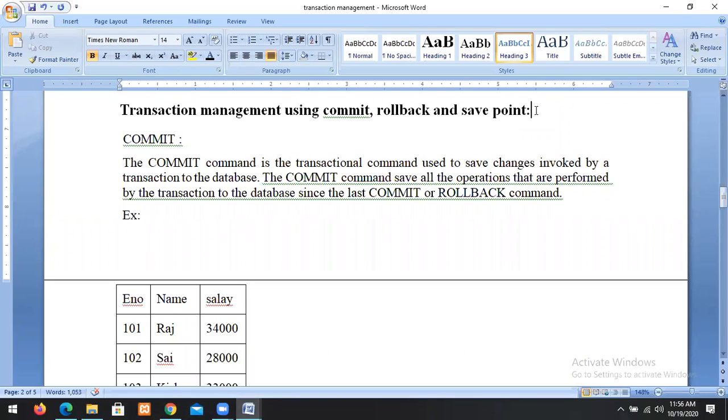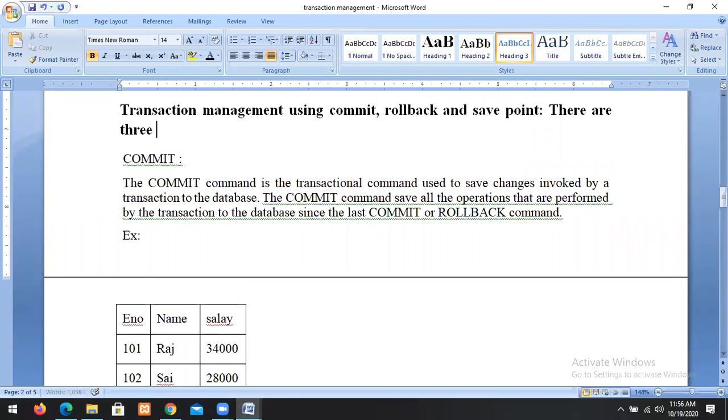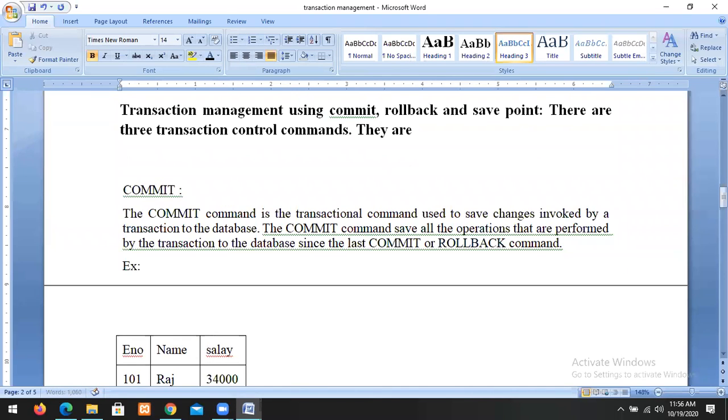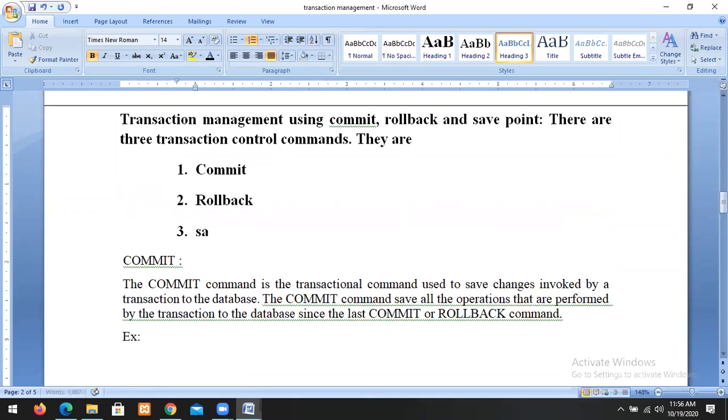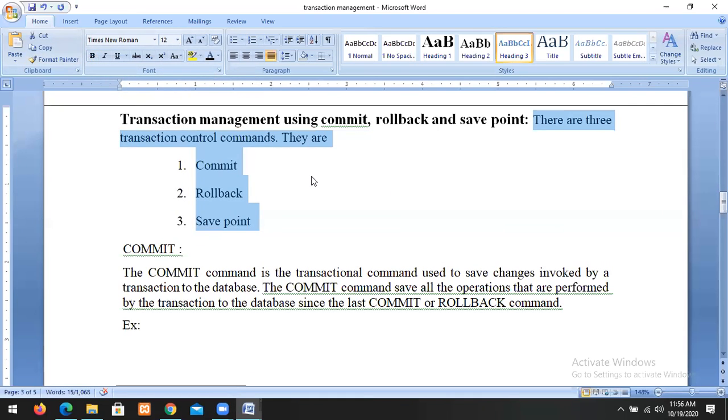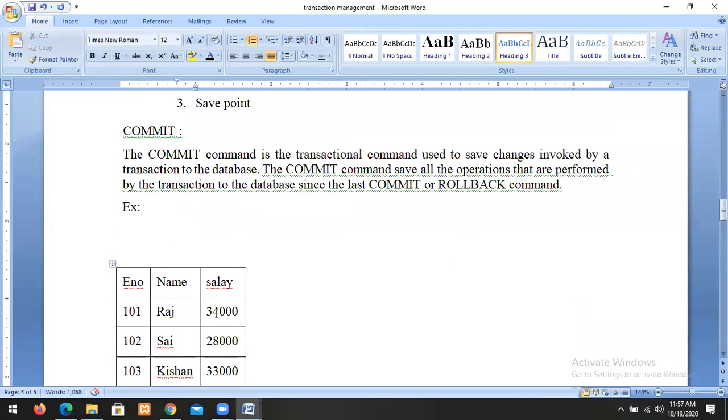The commit command is used to make the changes permanent.